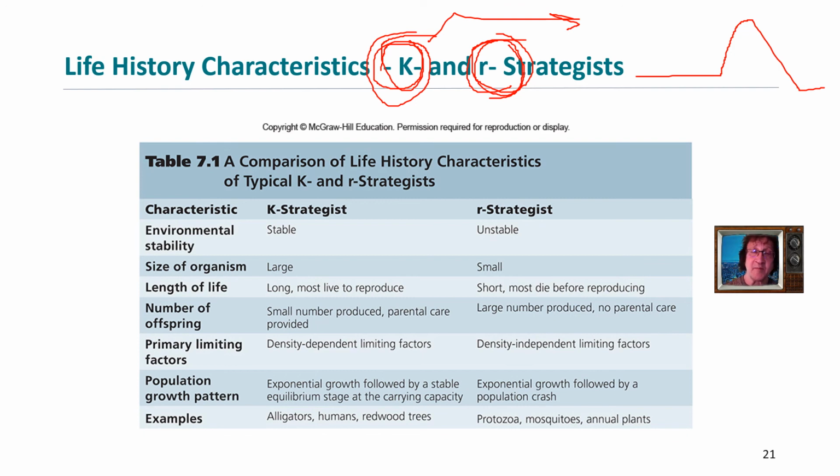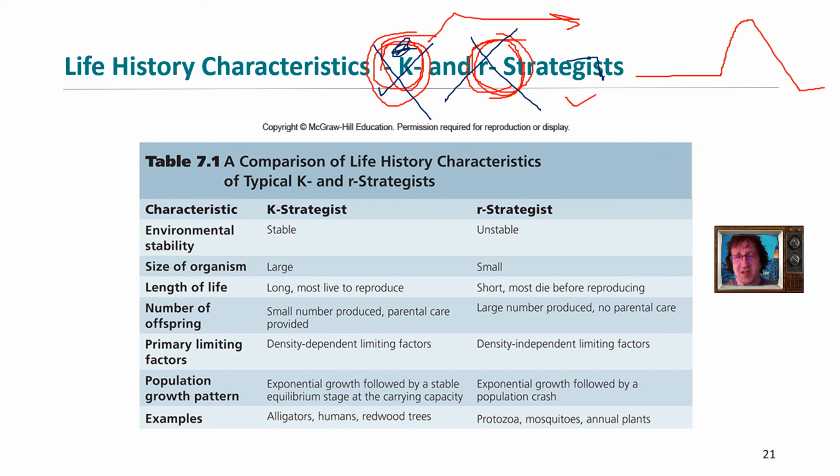So please read about this. Because guys, when you start looking at how we harvest and use creatures, that means crops, whatever, even crops, we grow crop plants that are certain strategists. And if we're not careful managing them, we can lose them too. So we have to be careful how we manage these. And also when we do environmental damage, these creatures can suffer differently than these creatures when environmental damage takes place. These creatures suffer when you're hurting the adults. These creatures suffer when you hurt the juveniles. And this is